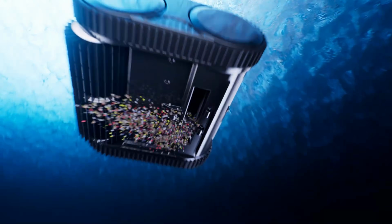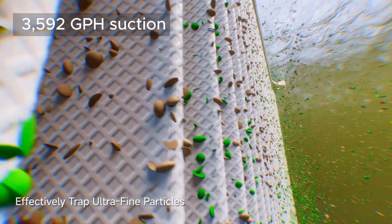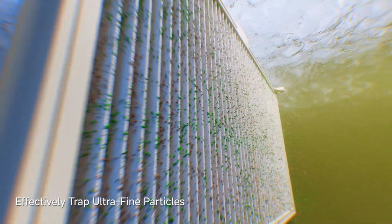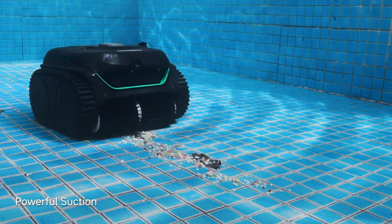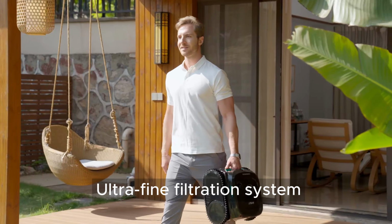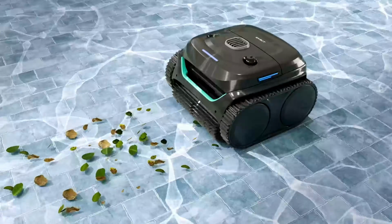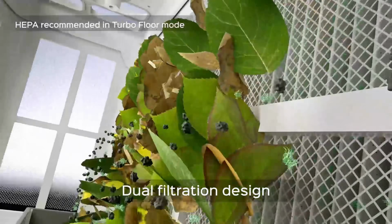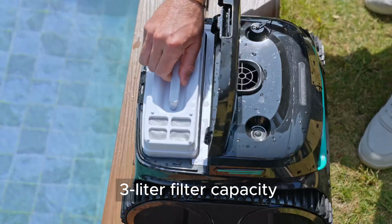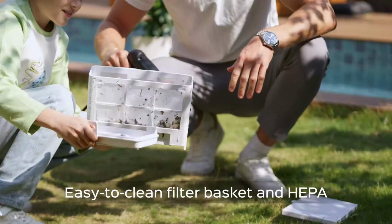It features a powerful dual-brush motor system and a brushless pump capable of up to 3,592 GPH suction, allowing it to lift leaves, fine debris, and even algae efficiently. Equipped with a dual-layer ultra-fine filtration system, the C2 includes a 180-micron filter for large particles and a 10-micron net for finer debris. With a generous 3-liter filter capacity, it traps everything from sand to pollen while minimizing the need